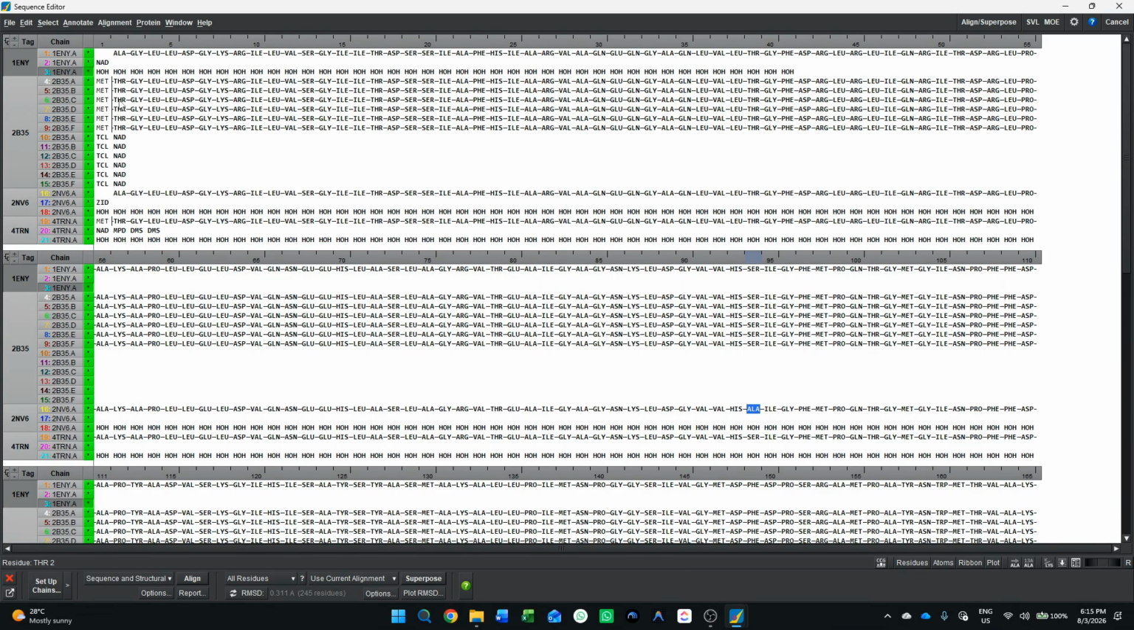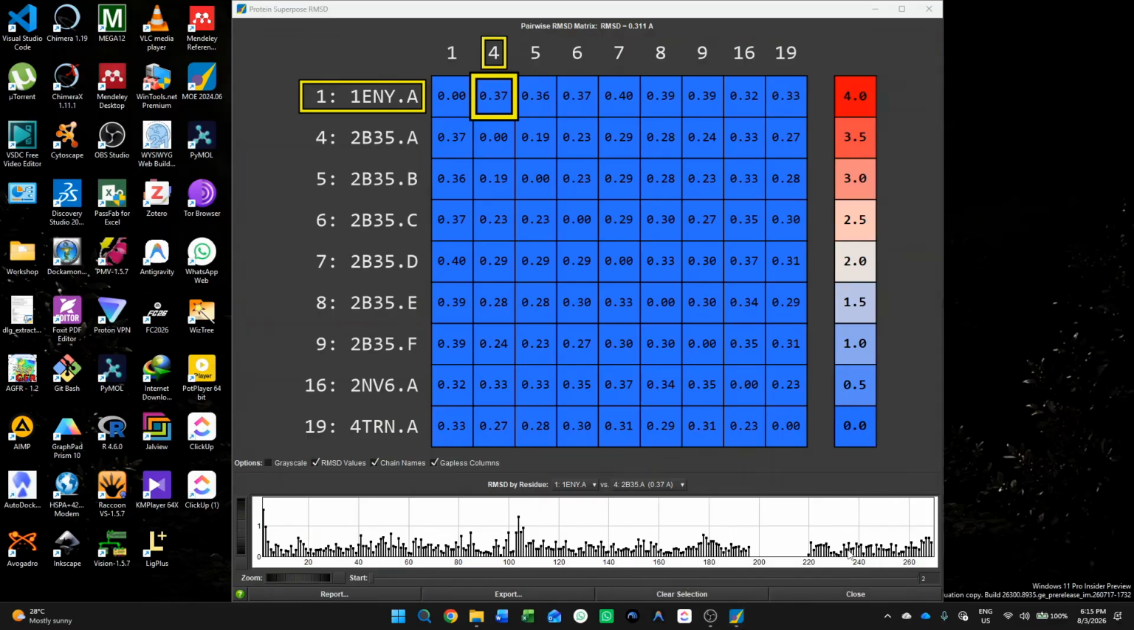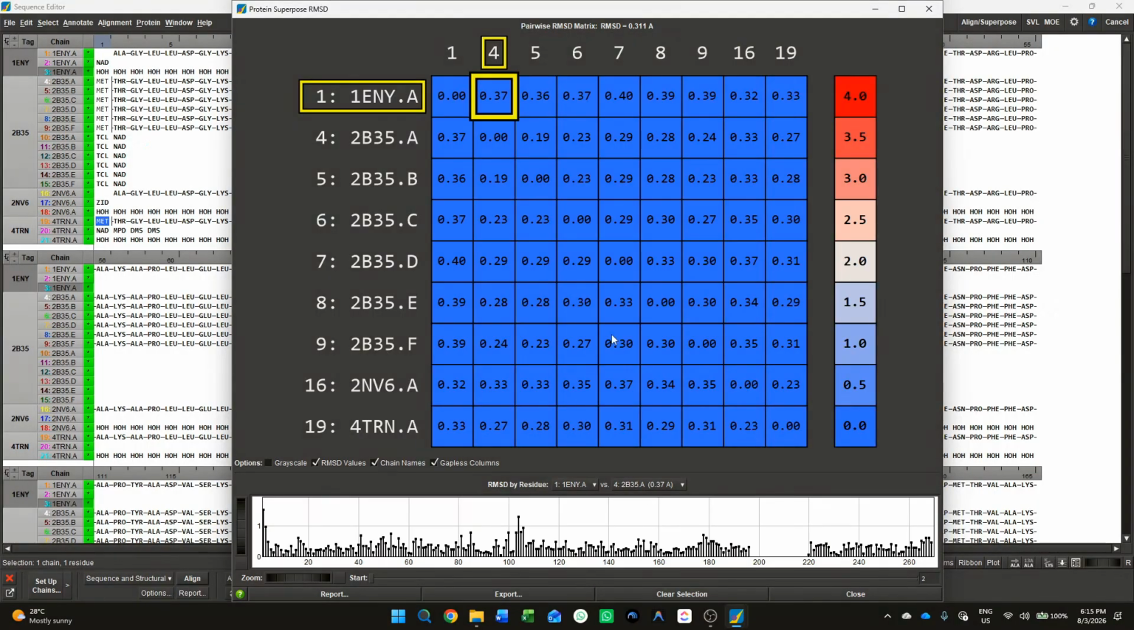So even after aligning, the only difference is that 1ENY is a very old receptor, and most of them start the receptor with methionine, but 2NV6 and 1ENY, as old as they are, don't have the first one. Even 40RN contains methionine. So this is basically how you can check the RMSD for